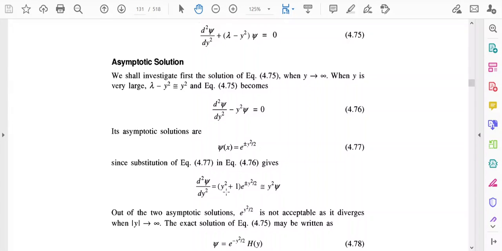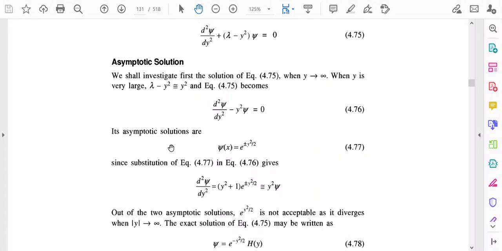Now as y is very large, that can be approximated as y²ψ, because 1 can be neglected in comparison to y², because y is very large. So d²ψ/dy² will become y²ψ, that means equation 4.76. So if we assume the solution in this way, then this equation will be satisfied. But there is no logic behind the solution, that is why it is approximate, and we are saying that these